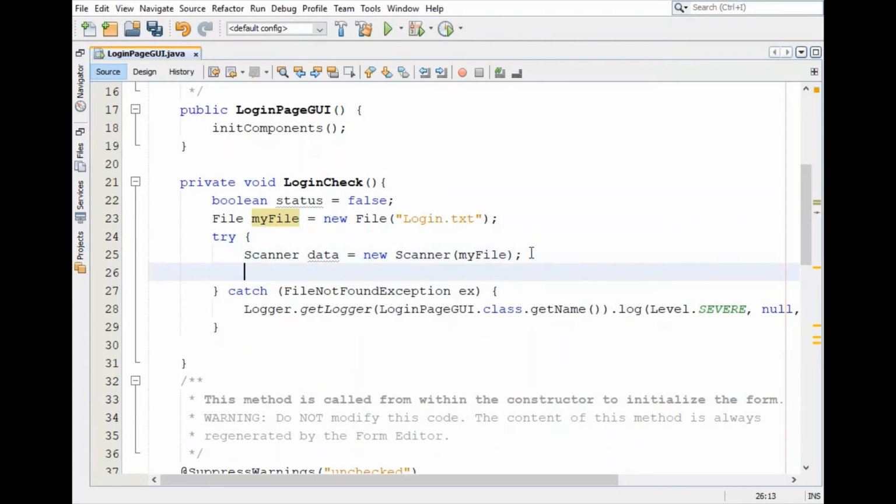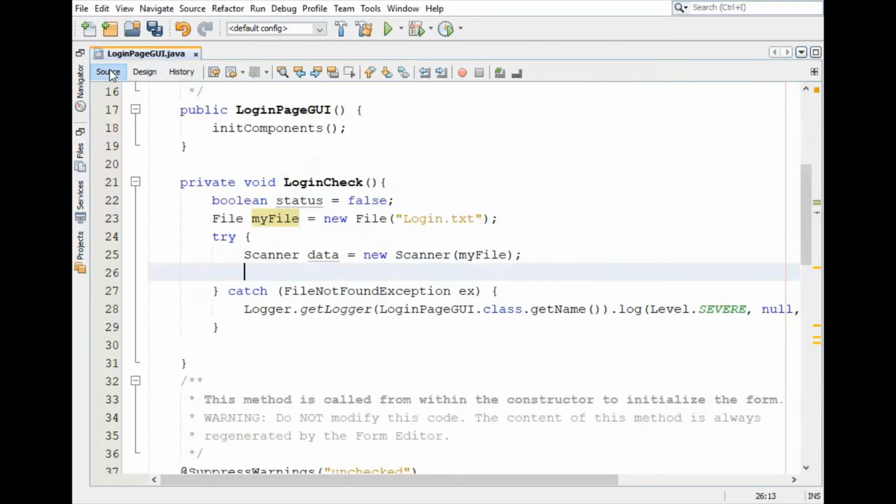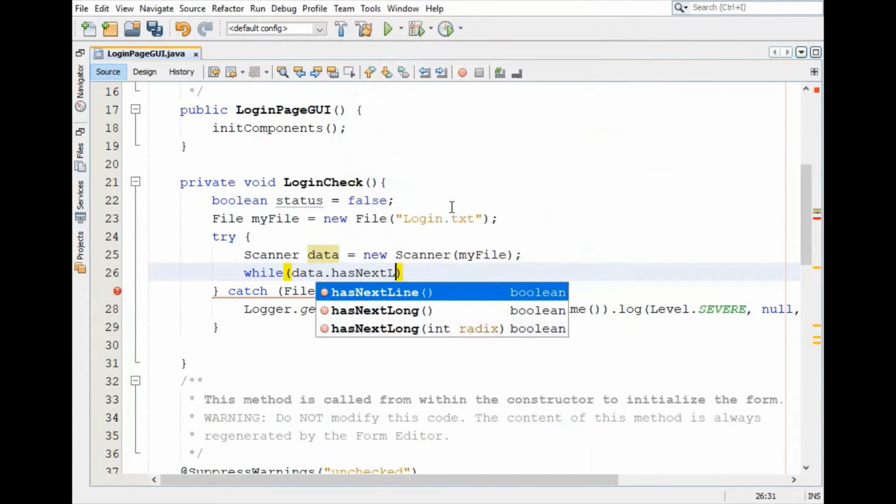Now what we will do is fetch data line by line from the login.txt file, and compare it with this username and password text box. So going back to the source code, let's use a while loop, and inside the while loop we will use the scanner object data and a method called hasNextLine.